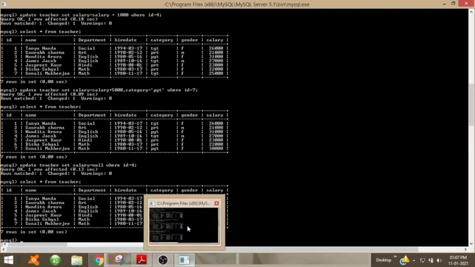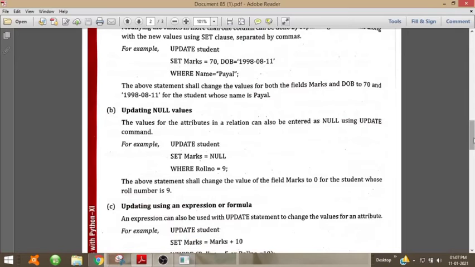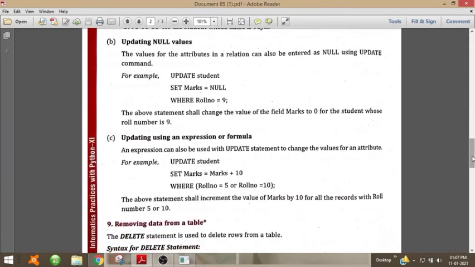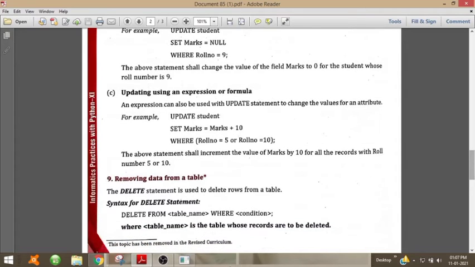Now using a formula we can update the data, that is, using addition or multiplication we can update the data. And if we want to specify a condition so that multiple rows are changed, then we can use the or and and operators. These or and and are operators. We can use the or and and operators.